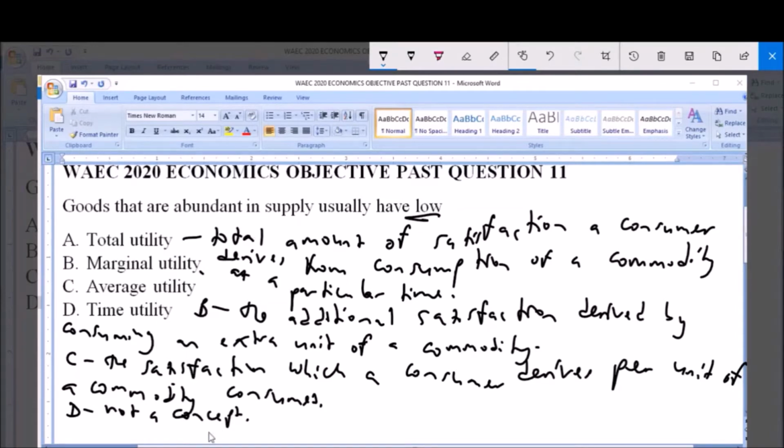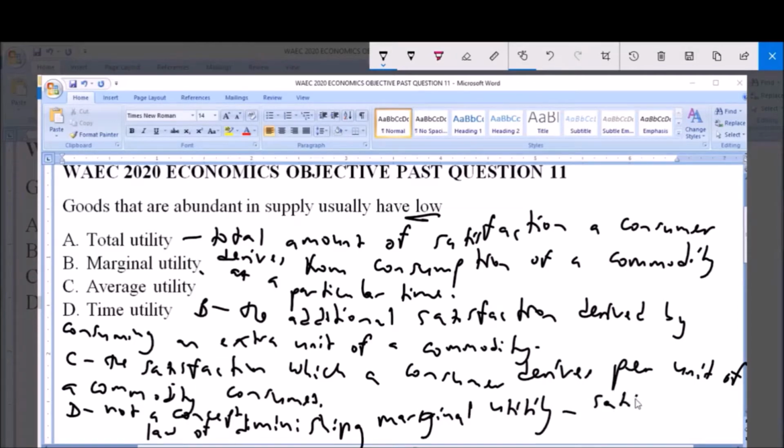Now, there's a concept known as the law of diminishing marginal utility, and this law states that the satisfaction derived from consuming successive units of a commodity will diminish